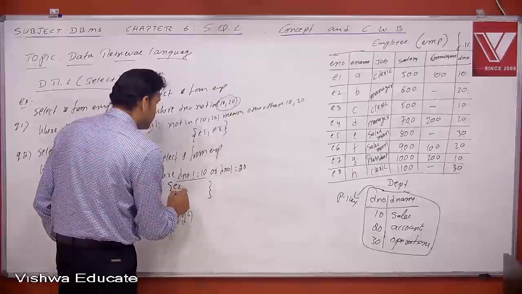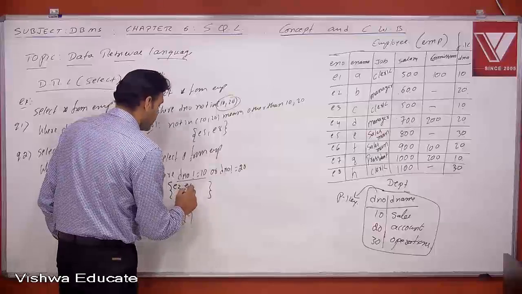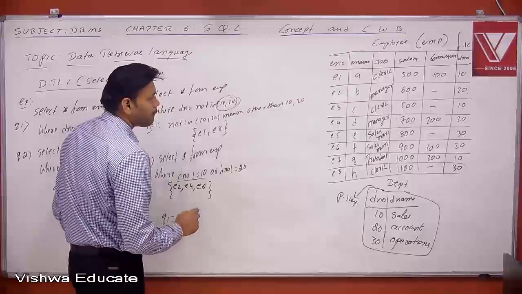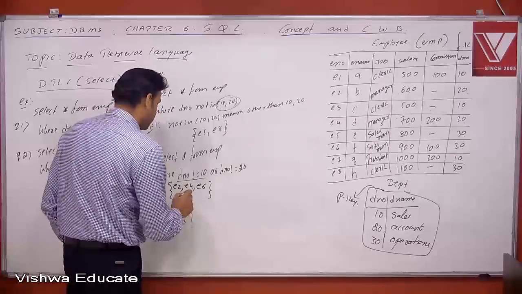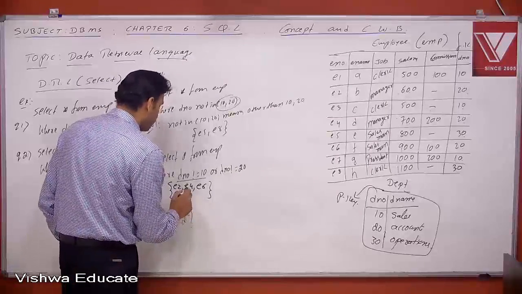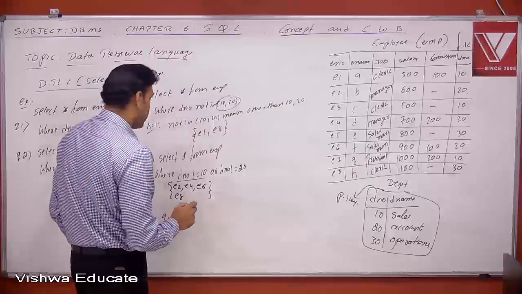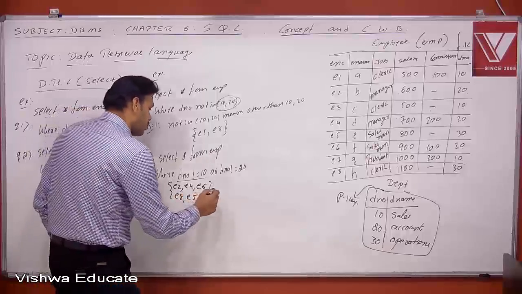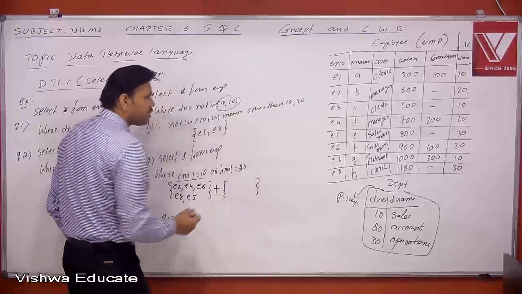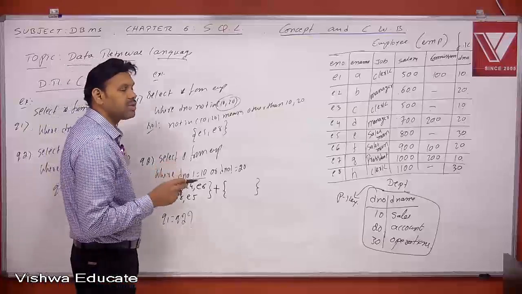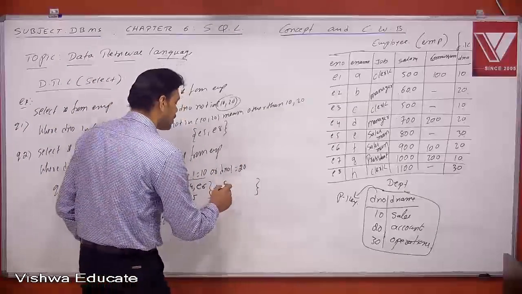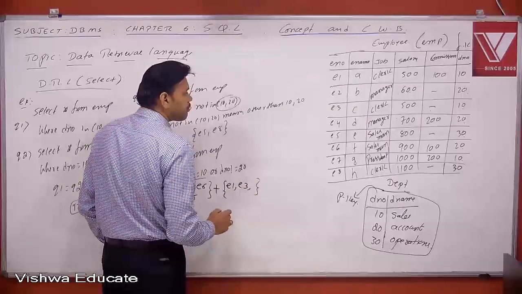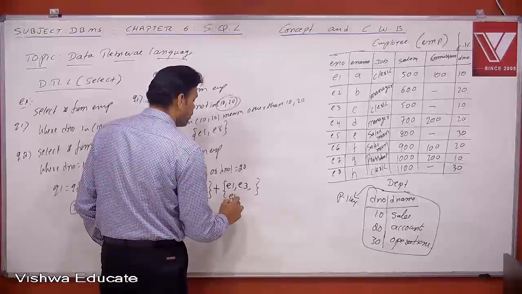That is E2 and E4 and E6 and E8 and E5. Okay friends, plus the OR operator, where DNO not equals to 20, you tell me. Not equals to 20 means what? Other than 20. Who are they? E1, then E3, then E5,